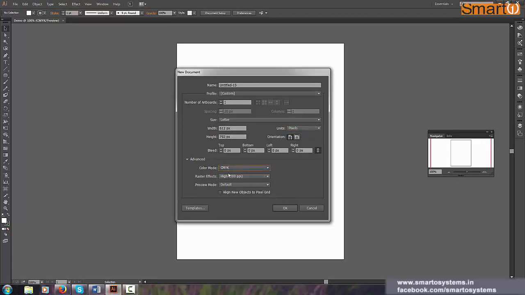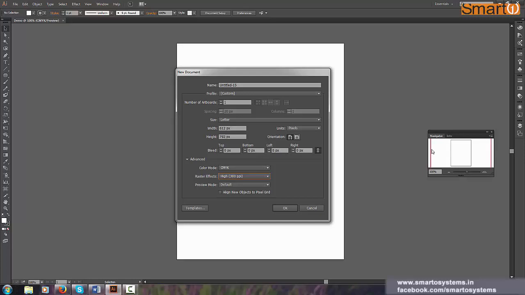Like I said, we are going to cover color modes in later chapters when we talk about colors. Raster effects are 300 dpi, 150, and 72. This will be beneficial when you have images in your documents, because like I said, images like JPG work on raster-based technology.